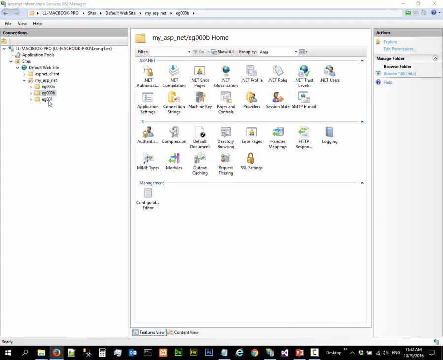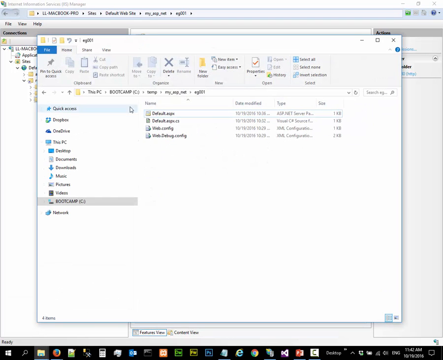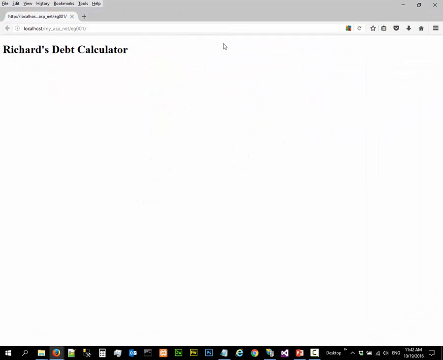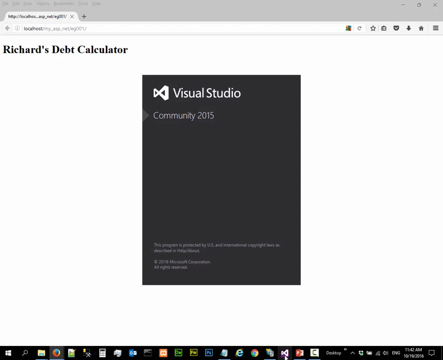Our developed product will be put here, which is in C10 MySP9 eg001. To launch what we have done so far, we can always come here and say I want to browse. So this is what we have so far, nothing much. We want to start editing this, so we launch our Visual Studio